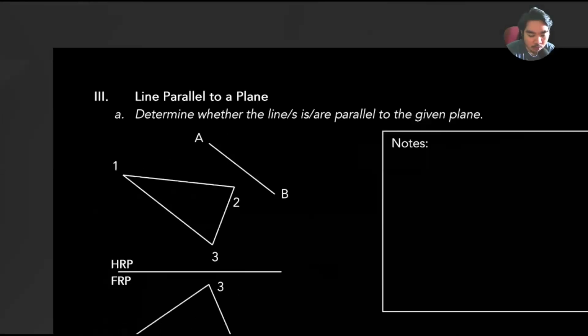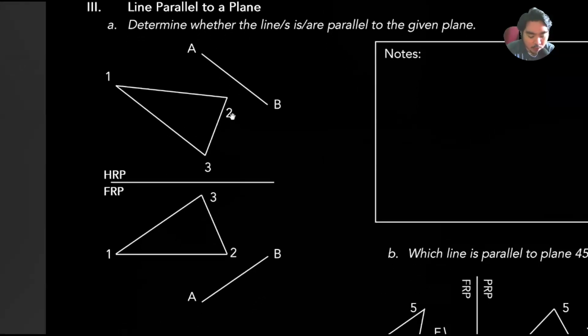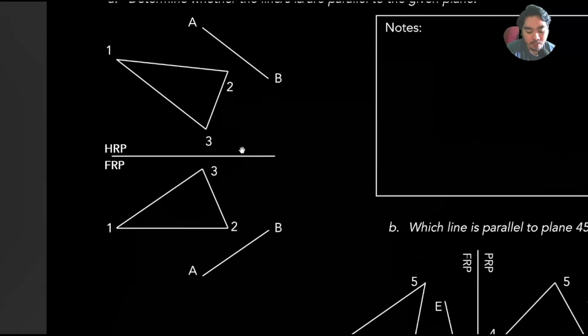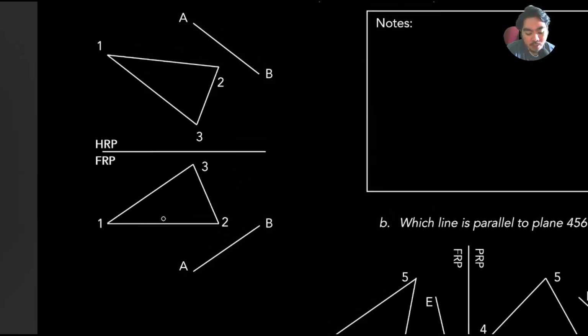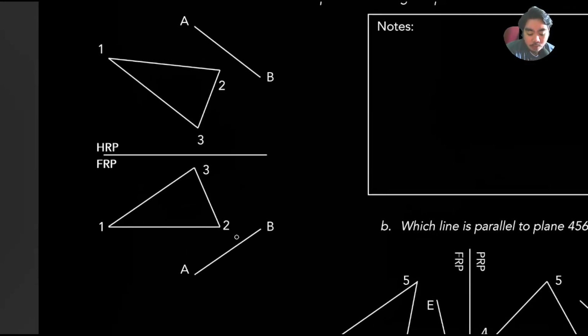Tapos, in this other view, di ba, pag gusto natin i-prove na truly parallel yung dalawang lines, then they must appear parallel in two available views. Okay? So, if these are truly parallel, dapat si 1, 3 should be parallel to AB in the second view. And we can see na AB is also parallel to 1, 3 in that view. And since 1, 3 is contained in 1, 2, 3, then automatic, si buong 1, 2, 3 is also parallel